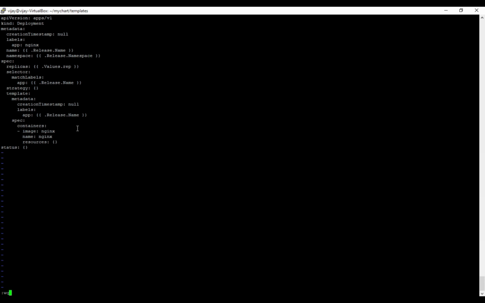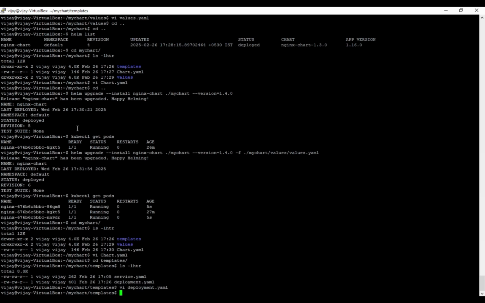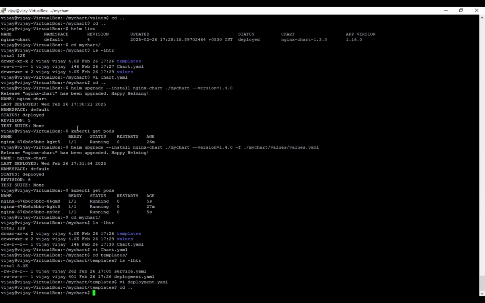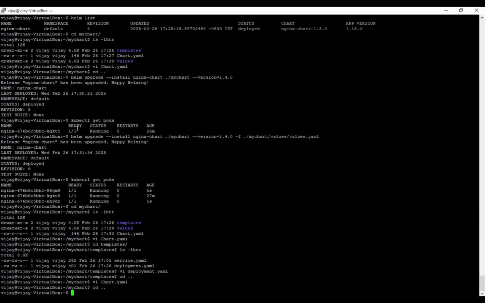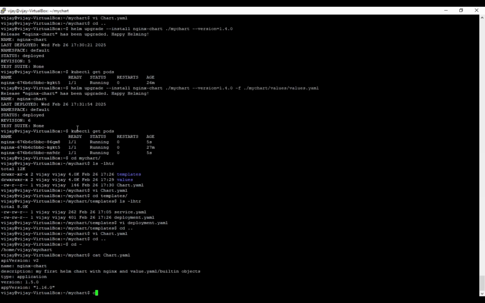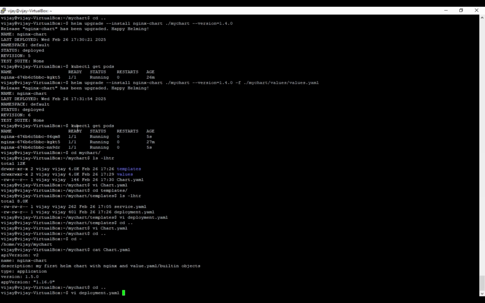So let's try to see if that works. Since I modified my chart, I will go and change the chart information, the version information. I'll change it to 5 and give values.yaml built-in objects just as description. Now I will just save the chart information. Now if I go back to my Helm upgrade command,